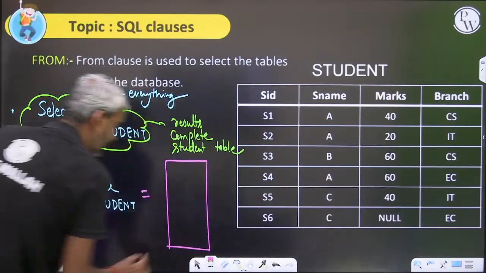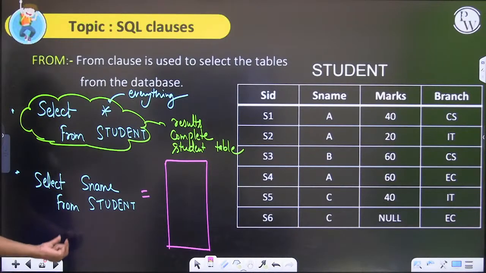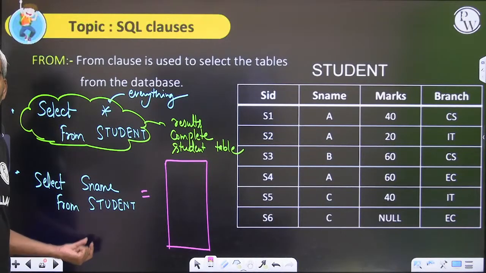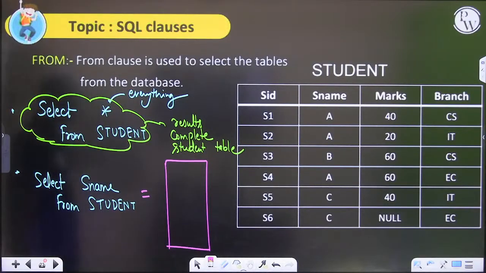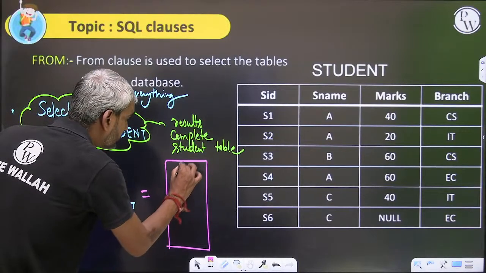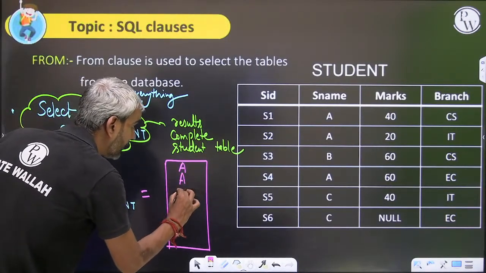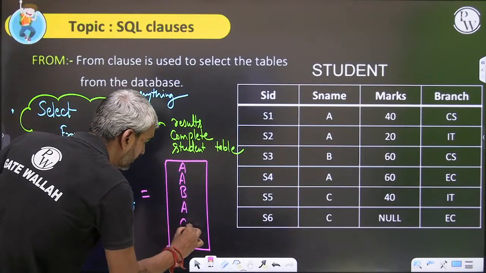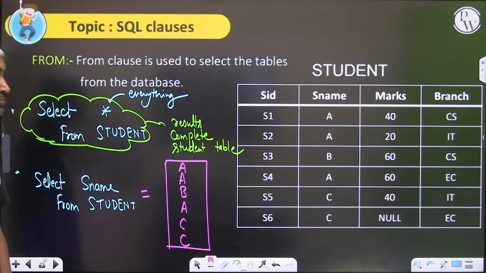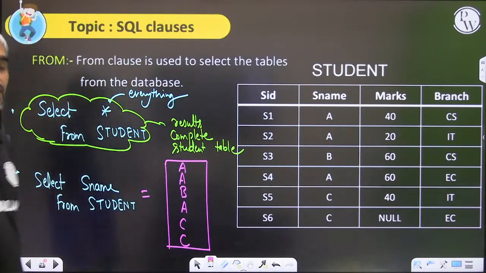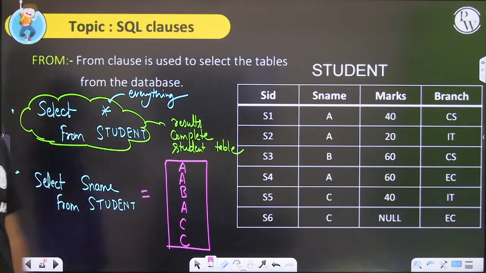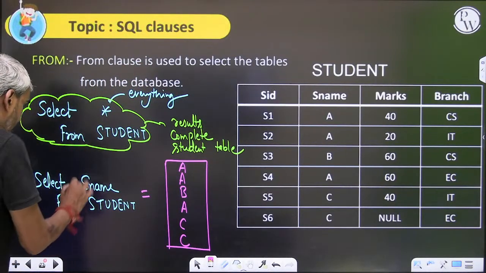Sir, in a SQL query, if we do not use the distinct keyword, then duplicate tuples will be present. So A will appear 2 times, B, A, C, C. That will be the output. Is it okay? This will be the output. If you use a distinct,